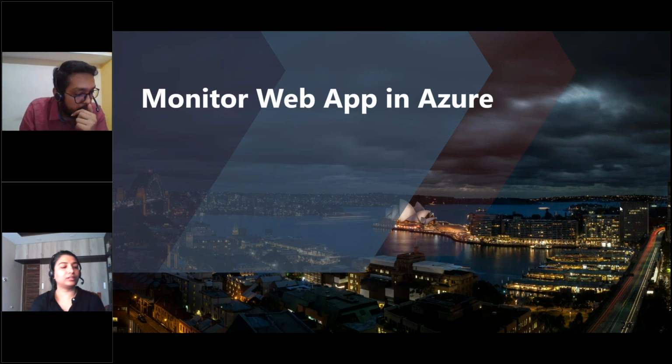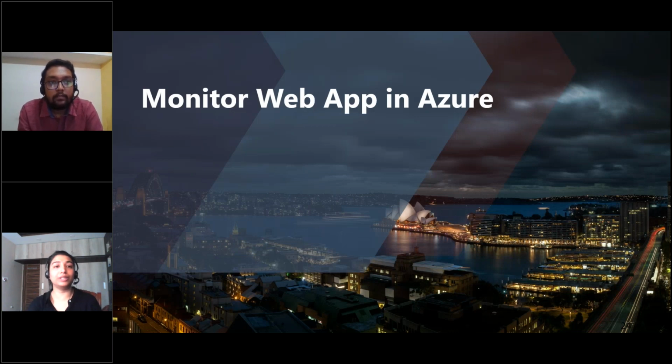So that was good information regarding Kudu and App Service Diagnostics by Shri. Now let's explore the next section, which is monitoring a web app in Application Insights. Azure provides built-in monitoring functionalities for web apps, and it helps you understand how your applications are performing and proactively identifies issues affecting them and the resources they depend on.